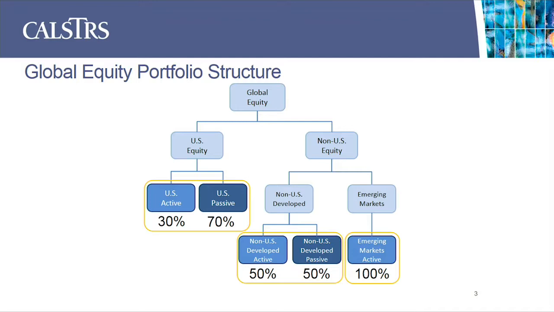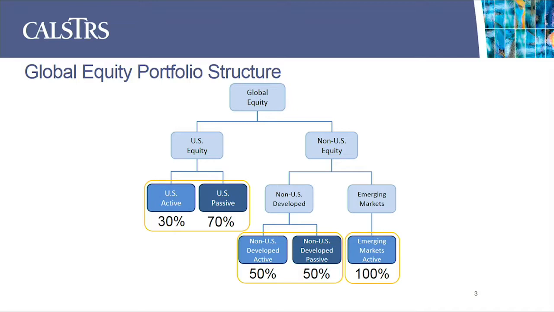So that we're all on the same page, when we talk about active, we mean trying to beat the performance of a benchmark. And when we say passive, it means matching the performance of a benchmark or index. So benchmark and index are also synonymous. And if we change the amount of active that we have in any of these components, we are taking more active risk compared to the benchmark. If we lower the amount of our active exposure, we're taking less active risk versus our policy benchmarks.